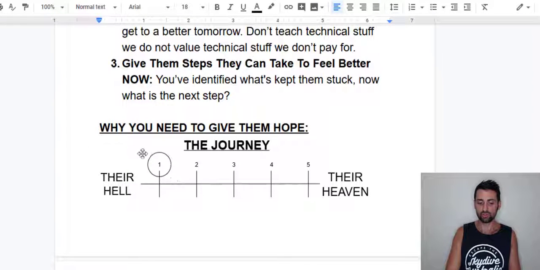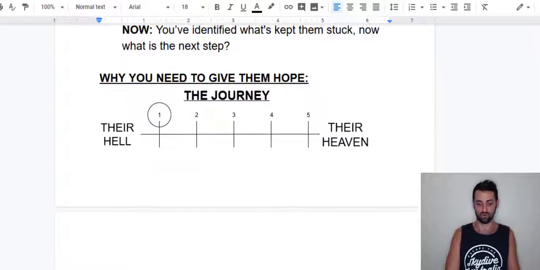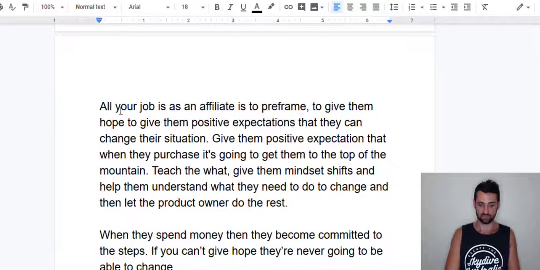So you shouldn't be out there, and I'm just reiterating, creating too much content that's too techie, or trying to take them through these steps yourself. Your goal is to, like I said, I keep repeating it because it's so important, evoke hope, create emotion in them, give them belief that they actually can achieve their goal, and the positive expectations they can expect once they purchase whatever you're promoting, or take up whatever offer you're offering. So that basically reiterates what I just said.